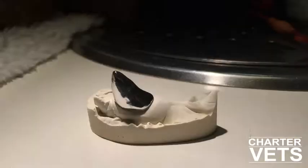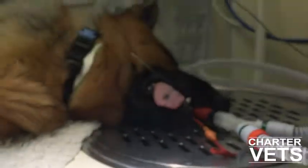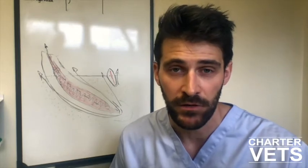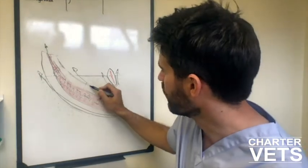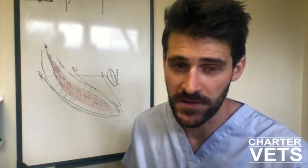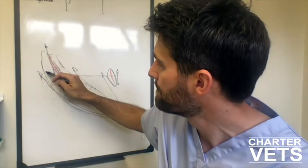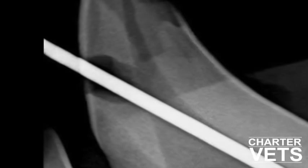So why do we use metal crowns, and are they always necessary? No is the answer, but with Rufus, it was a young tooth. Young teeth have very wide pulps, which actually means they have thin, relatively speaking, walls. So that's a thinner dentin wall, so the tooth is not as robust or as strong as it could be. We've also, in part of Rufus's treatment, drilled a hole just here,